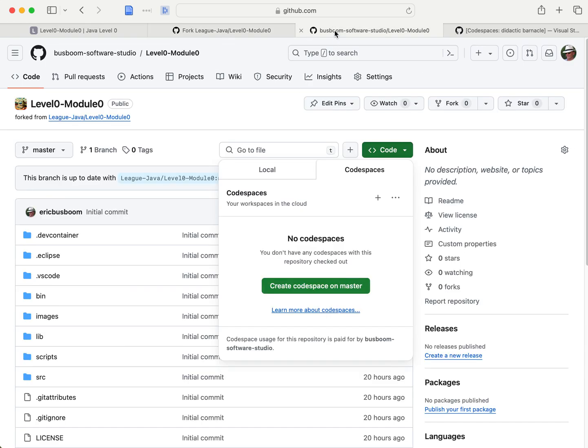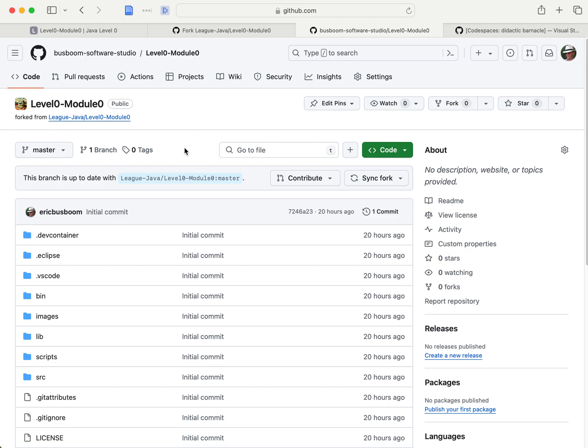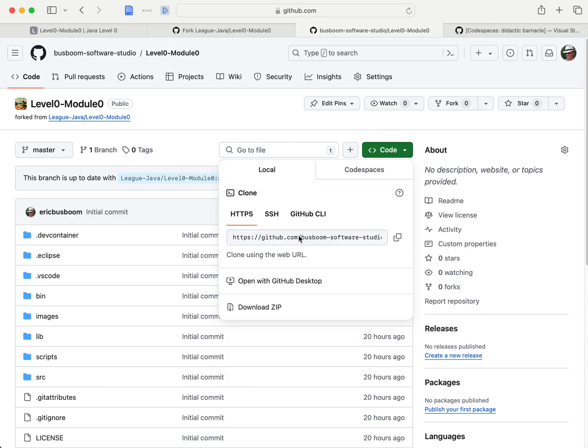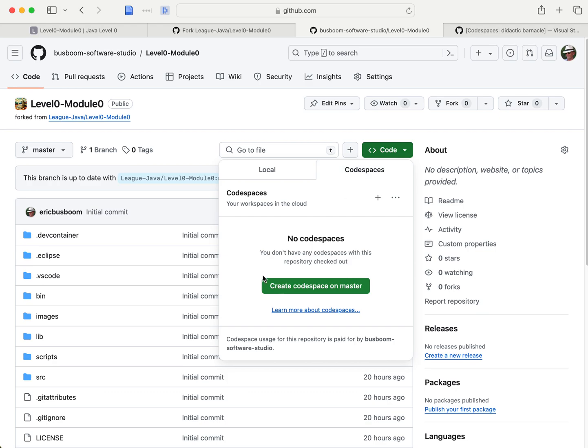And when we complete that process, we will get a view that looks like this. It'll be in your GitHub account. You'll have this module, and you'll have a big green code button. That code button will allow you to access the code. Most of the time, you'll use this URL to download the code to your local machine using either the command line tools or GitHub Desktop, but we're going to use a simpler method, GitHub Codespaces. So click on Codespaces, and you'll see a green button that says Create Codespace on Master, or maybe Create Codespace on Main. Click that,